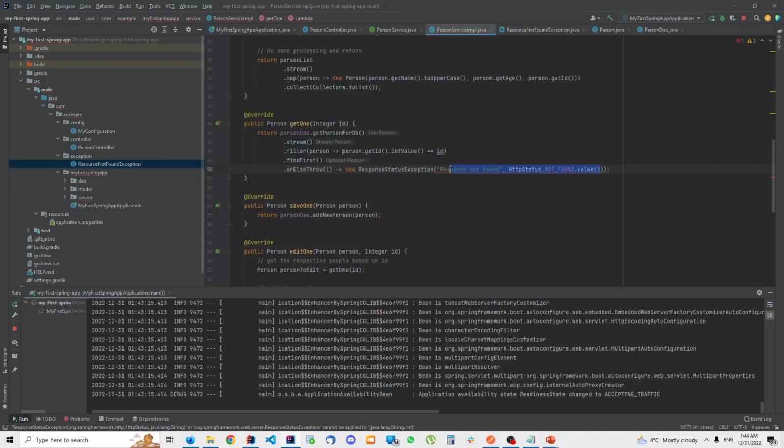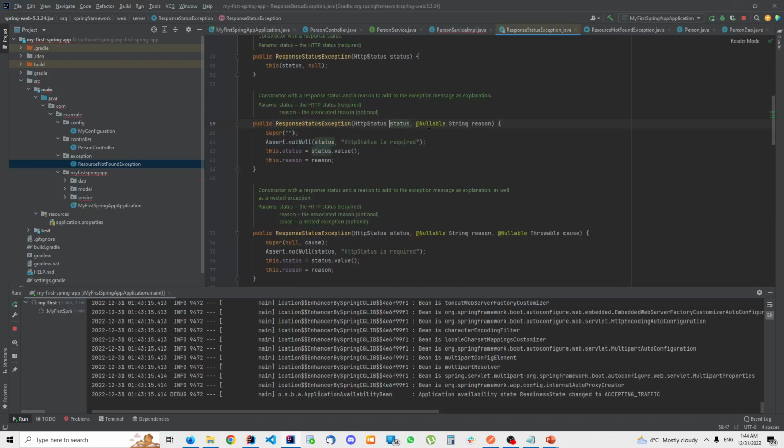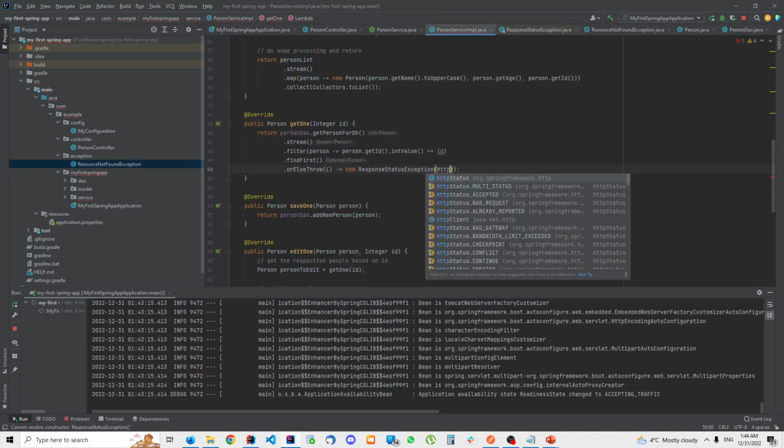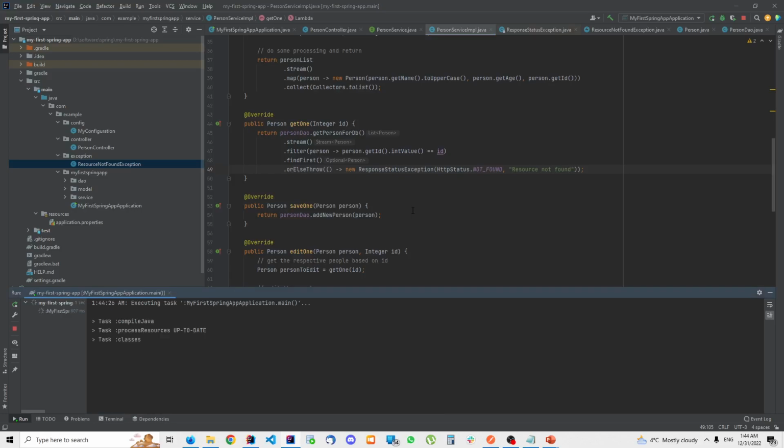Let me delete these values. It has multiple constructors, and the one we care about is this one with HttpStatus and String reason. We can add an HttpStatus and the reason for our exception, and we will add the HttpStatus NOT_FOUND, and the reason is "resource not found". And now I can restart my application,